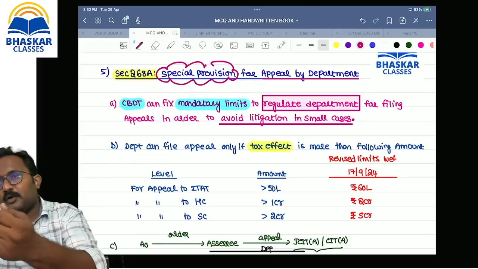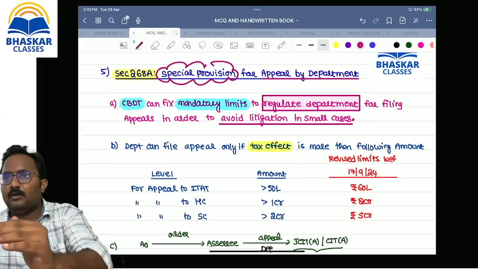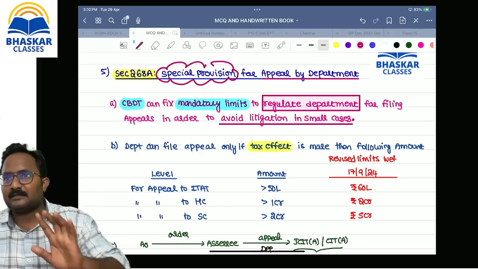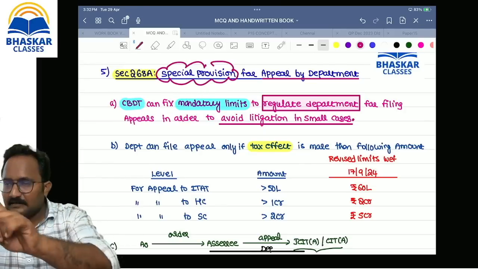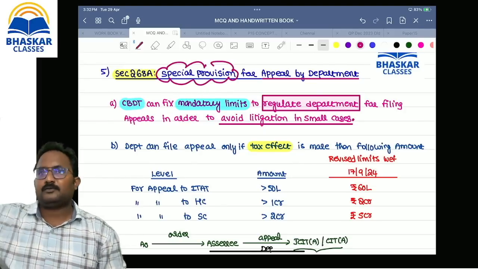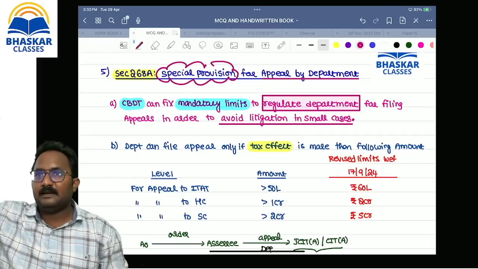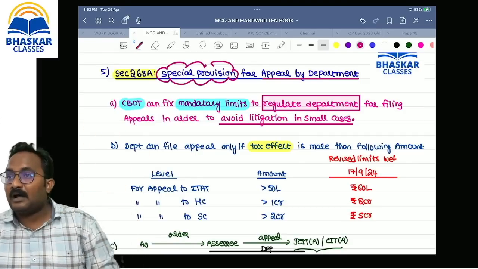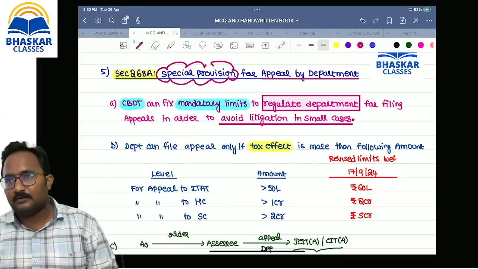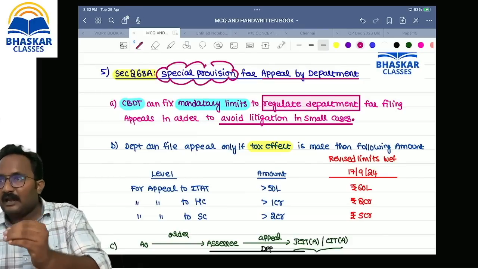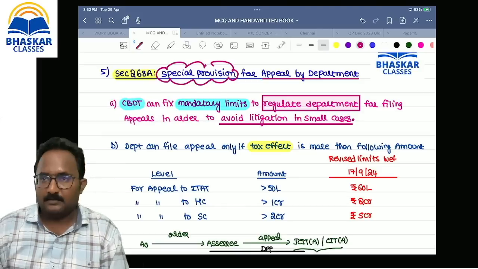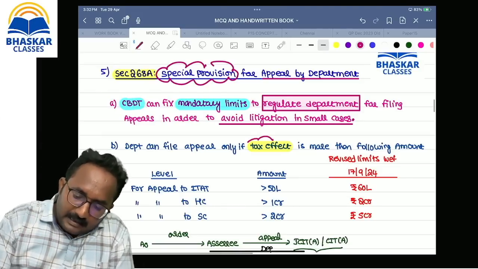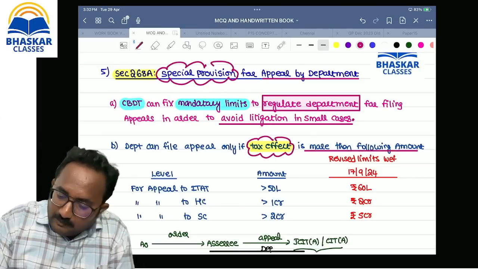Small cases also, if you are going for an appeal, what is the issue? I will tell you. Example, the SSC needs to pay 1 lakh tax. Sir, the SSC's pending tax is just 1 lakh. Because of that, the department is going for an appeal now. So the cost of doing that appeal will be 10 lakhs. If you want to pursue the order for such a thing, maybe the cost incurred by the department will be 10 lakh also. So that's why some cases we can ignore without making an appeal. So please remember, the department can make an appeal if the tax effect is more than the following amount.